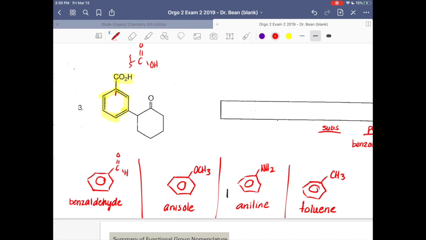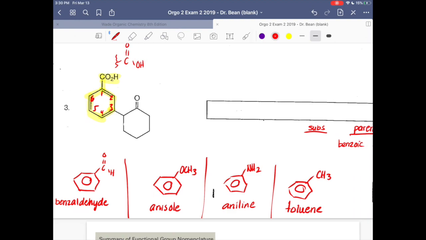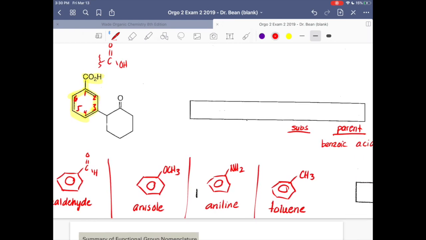And then we go all the way around the ring in such a manner that we put that substituent on the lowest possible number we can. So we're gonna do it as such, right? And that is our numbering. Let's move to the naming of that substituent. So this is gonna be also a complex name, okay? So we will start with numbering that, and I'm gonna number it clockwise in order to get me